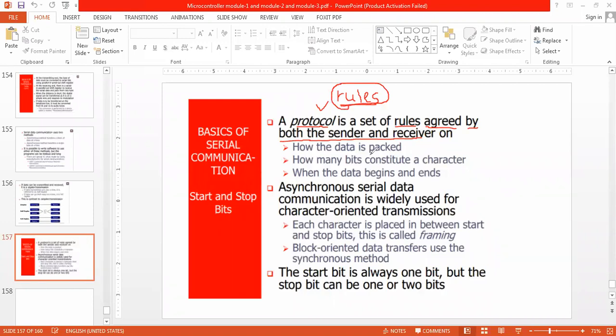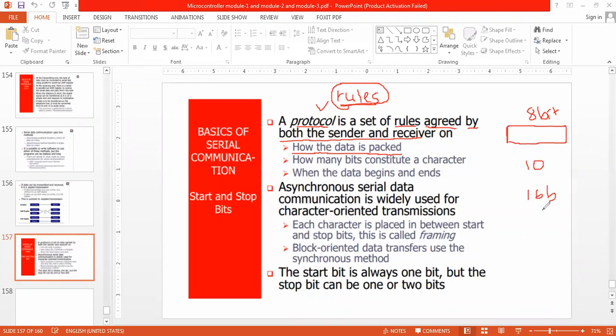What type of rules are made? First, what is the way of packing the data? Say, one packet: whether 8 bits, whether an 8-bit packet, a 10-bit packet, or a 16-bit packet.